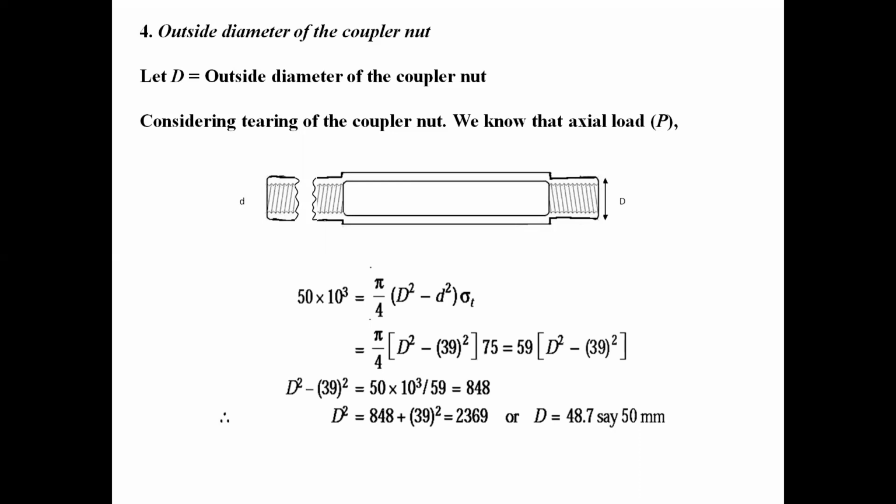So from this we can directly find the outside diameter of the coupling nut, which is subjected to tensile action. Because of the tensile force, there is a tensile failure, and the failure is shown in the figure clearly. From the simple tensile stress equation, we can get capital D as 50 mm. So that is the outside diameter